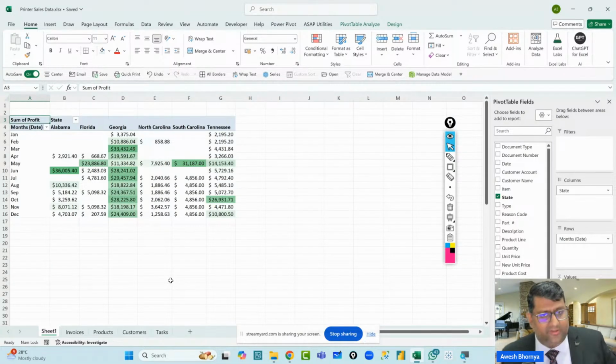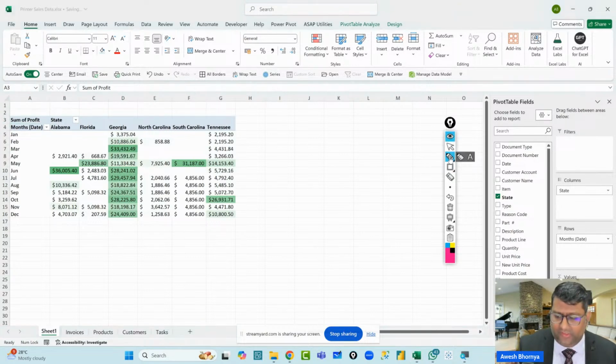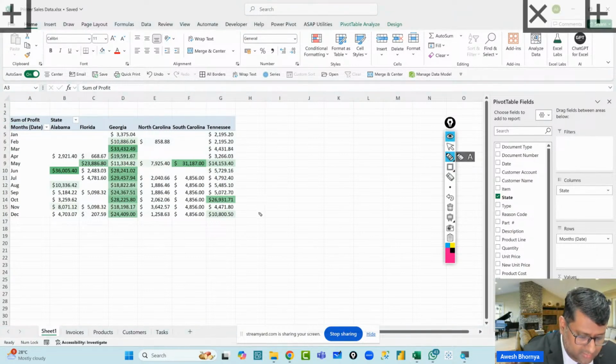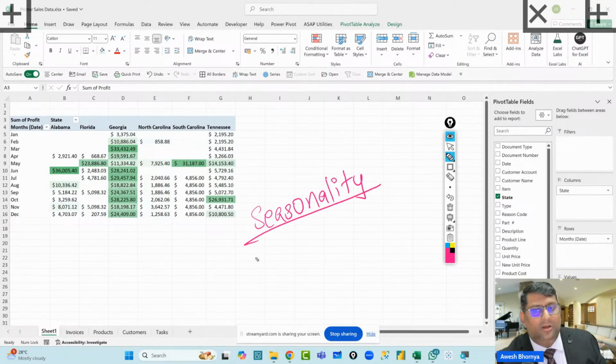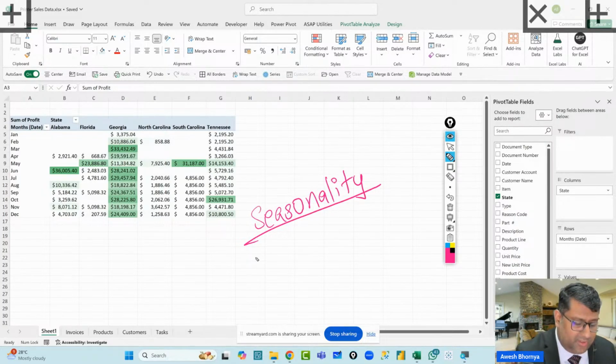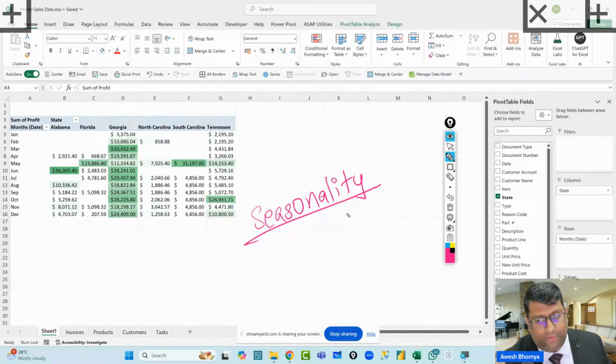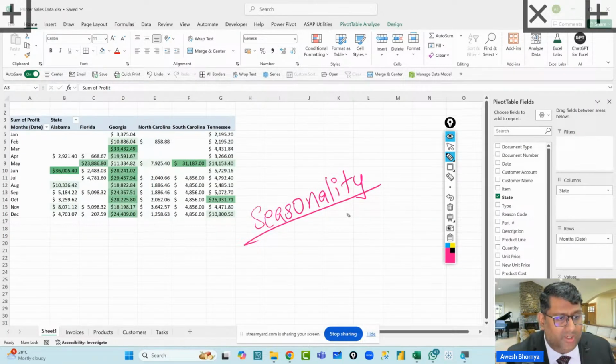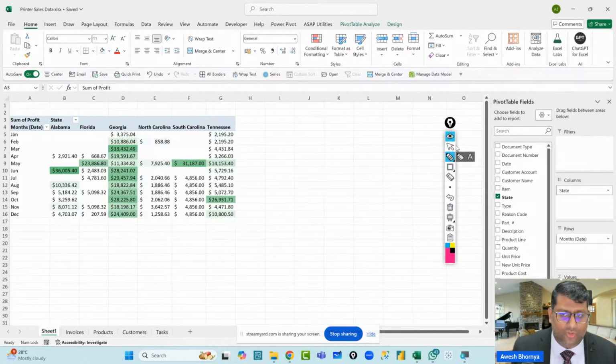Now, let's try to understand whether there is any seasonality in the data. So when you say seasonality, basically for seasonality, you ideally would need multiple years of data to see whether there is any pattern in the data. But unfortunately here, we have only 1 year of data. But if you actually had more data, then what you could have done is you could have used a seasonality pattern. So let me show you how things work.